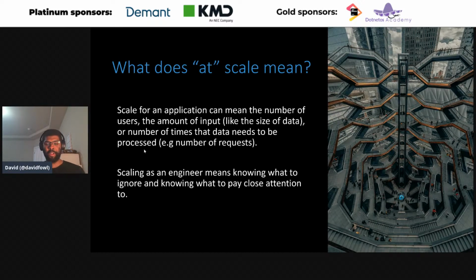And then scaling as an engineer means you really have to figure out how much to learn and how much to ignore, right? You don't want to have to look at the assembly for every single library you're using. Like I don't go looking at the assembly that the JIT creates for every function I use. But where it matters, you go as deep as you need to. And that takes time and experience. So don't feel bad if you don't know where to stop, where to look. The more you do it, the better you get at going broad, going deep, and then cutting off at some point, so you don't end up burning cycles trying to micro optimize things that may not matter.